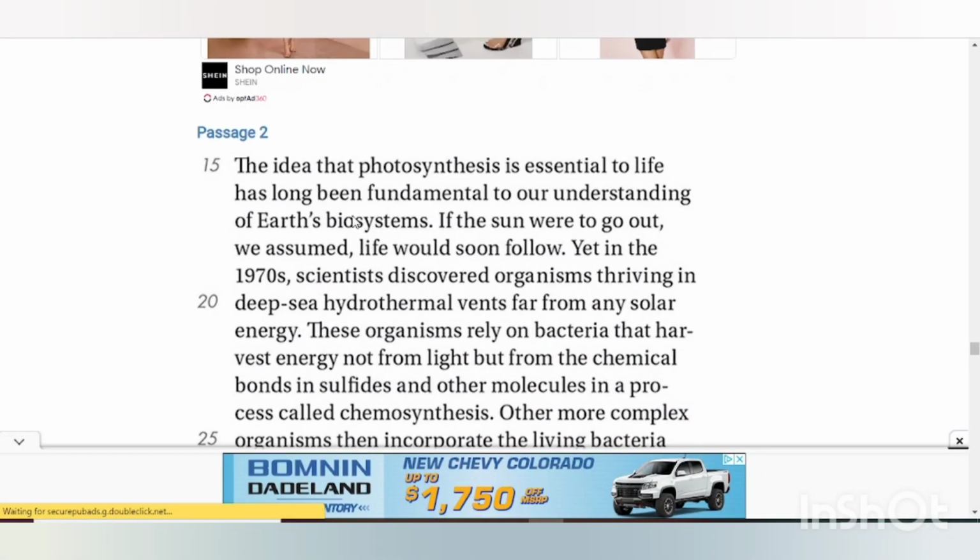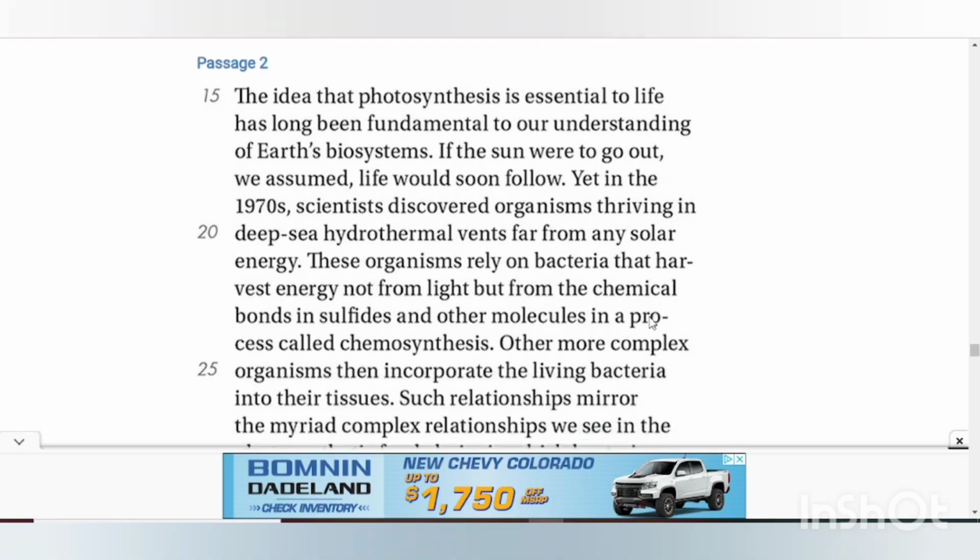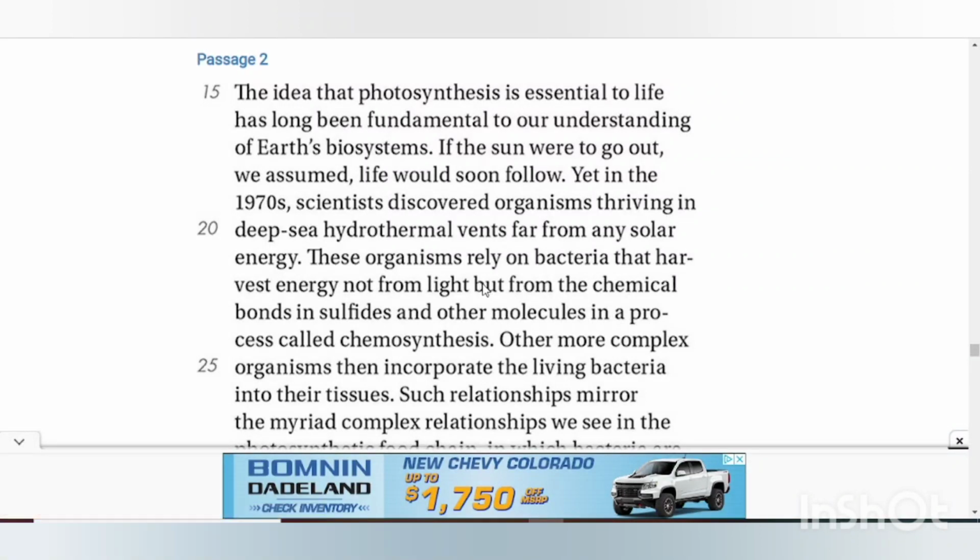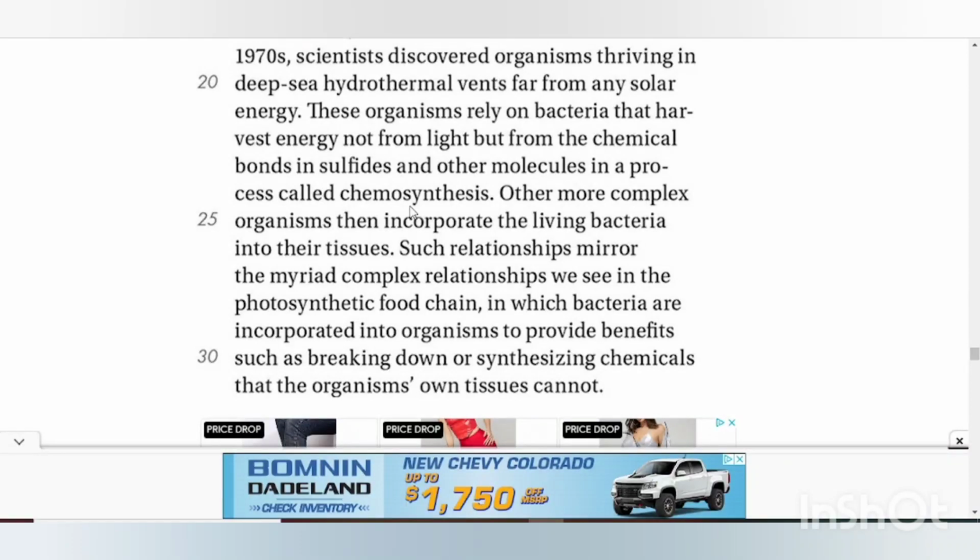So passage 2 says the idea that photosynthesis is essential to life has long been fundamental to our understanding of Earth biosystems. If the sun were to go out, we assume life would soon follow. Yet in the 1970s, scientists discovered organisms thriving in deep-sea hydrothermal vents far from any solar energy. These organisms rely on bacteria that harvest energy not from light but from chemical bonds in sulfides and other molecules in a process called